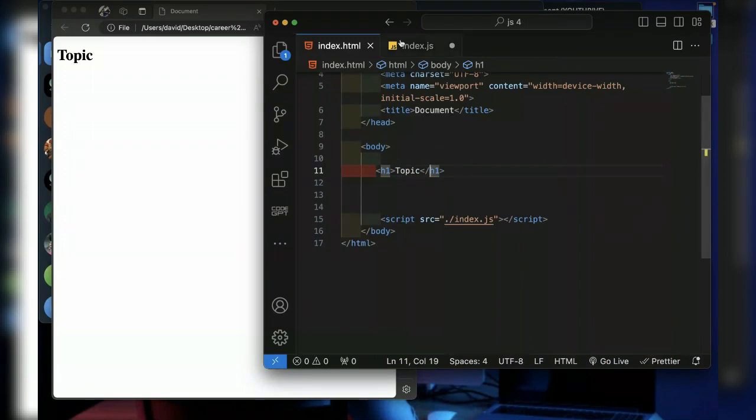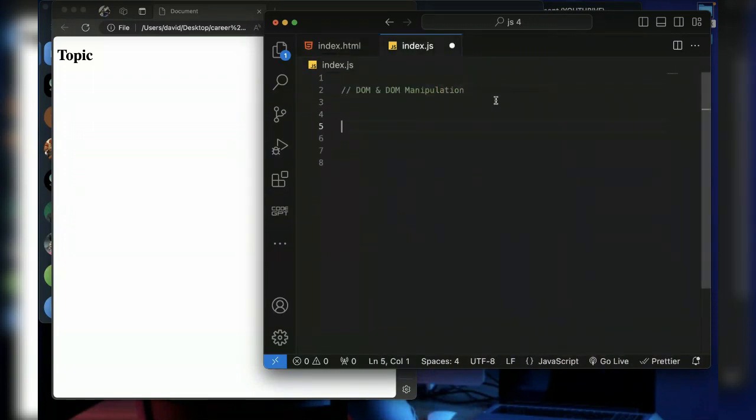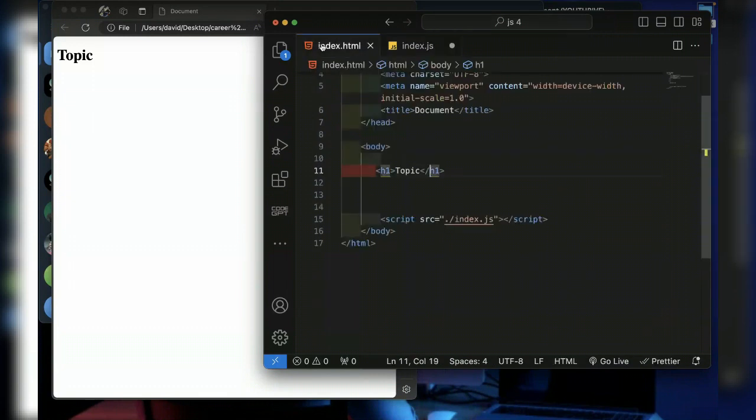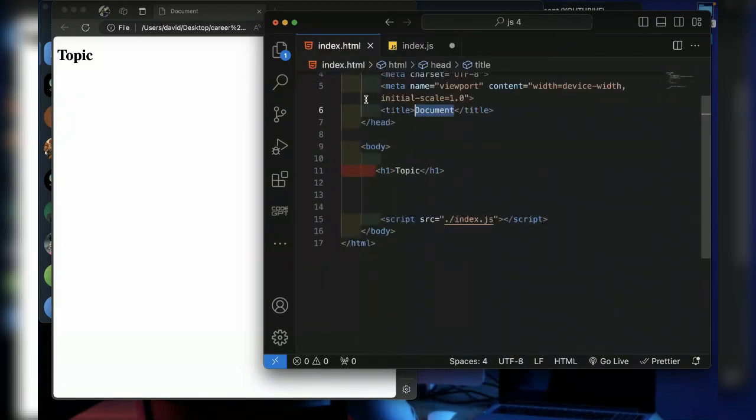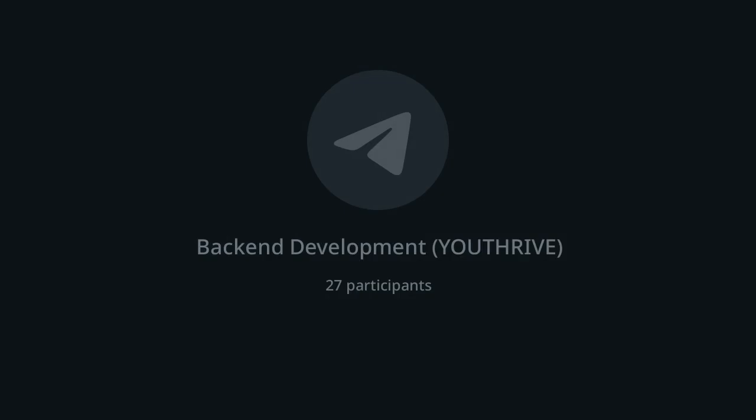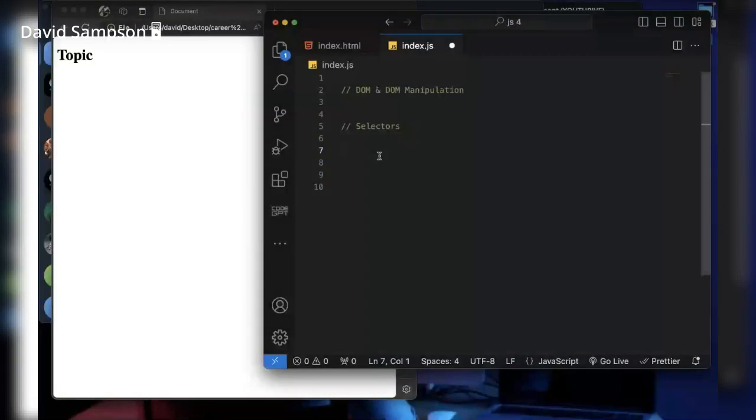But first, you need to start by selecting it. So that brings us to what we call selectors. The first thing in JavaScript is to be able to select a tag from the document. So this is the document, and we're working on document object module. So the whole of this is referred to as the document. So we need to be able to select a tag from the document. So the first thing we want to talk about is single selectors and multiple selectors.